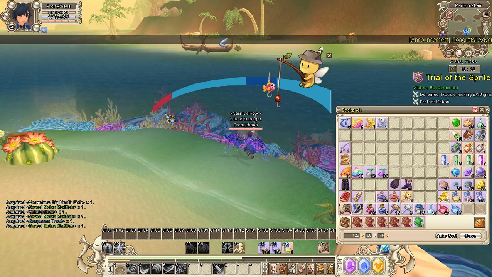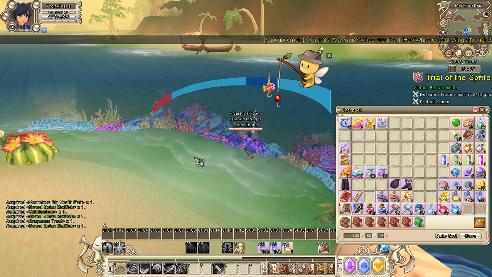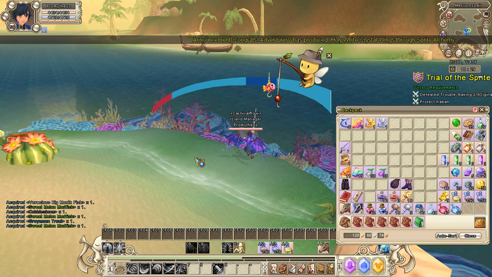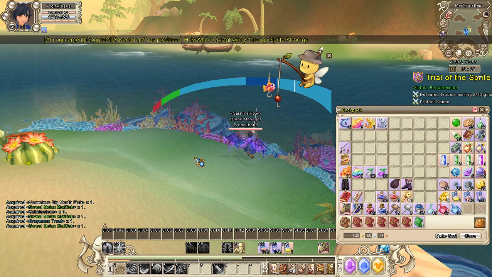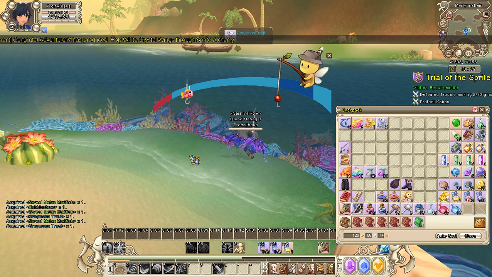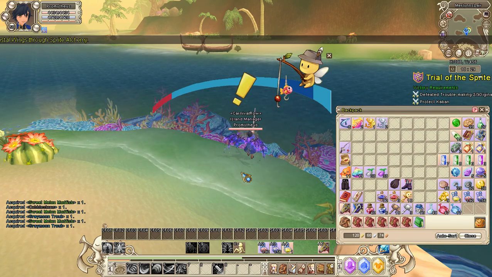And when the time is up, this fish right here will disappear. That's how you know your time is up for the gray moon trout. So we'll just fish a few more times. We got another one. That's good. But yeah, as you can see,